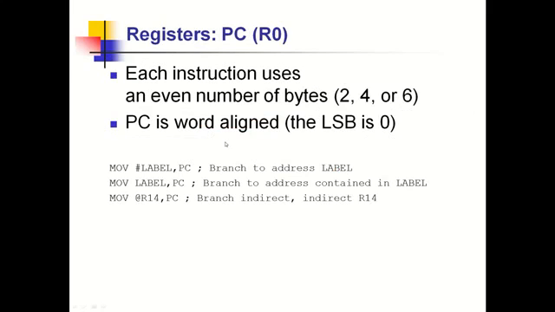So registers like the program counter can be programmed by using instructions like move with a hash indicating the value. Directly, the program counter will make a branch to the memory location whose address is specified, or the address is branched to the address contained in the label, or you can specify an indirect addressing mode where the address is in the R14 register. So at the rate R14, the contents will be branched to as specified by the R14 register.